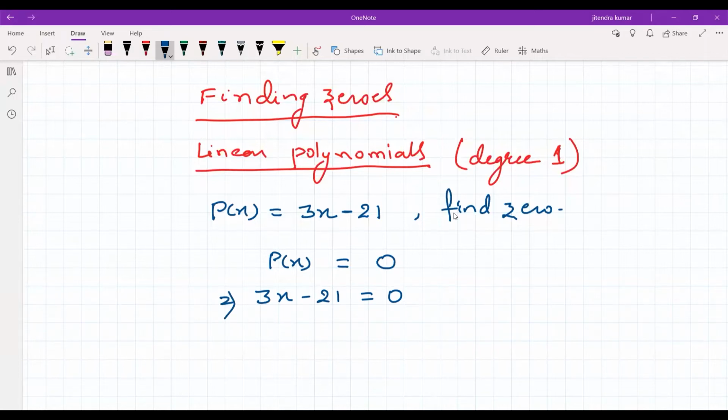Now we have to solve this linear equation. I think all of you know how to solve this linear equation. Please give me the answer. What will be the value of x here? No, that is not correct, Charvi. Find the value of x. If you remember, in class 8 there was a chapter on linear equations.